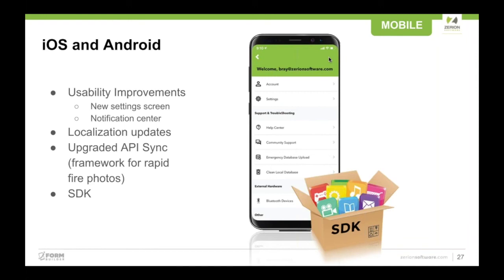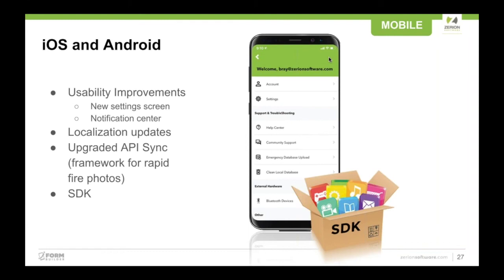One of the longstanding initiatives we've had is we really want to upgrade our current sync. Our current sync does have some existing limitations with the amount of data that can be uploaded per record. It is using some older syncing technology, so we want to make that faster and better. So we are going to be upgrading our sync to utilizing API here in 2020, and that's really going to be the framework for things like